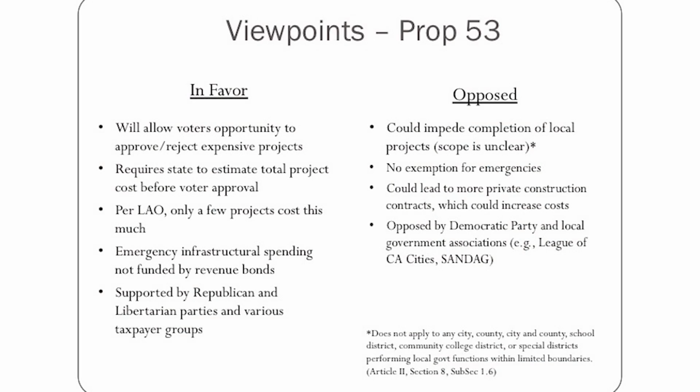There's broad support from Republican and Libertarian parties, as well as the taxpayer associations and various groups. On the opposition side, there's some question about whether local projects would be impacted. So there's a back and forth in the literature. If you look through your voter guide, one saying local projects won't be impacted, the other saying yes, they will, and it would require, you know, an infrastructural project rebuilding program that maybe is a couple of different counties to be voted on by the whole state at large, and that could be problematic.